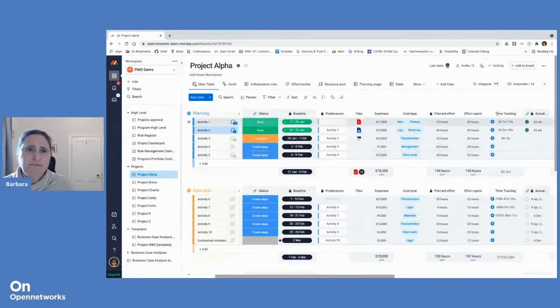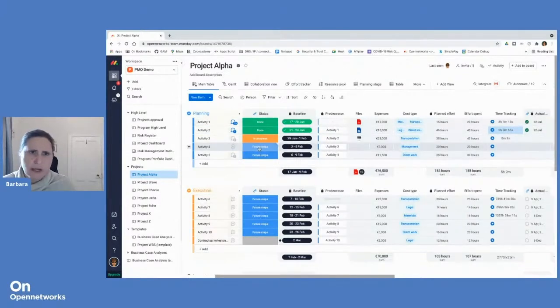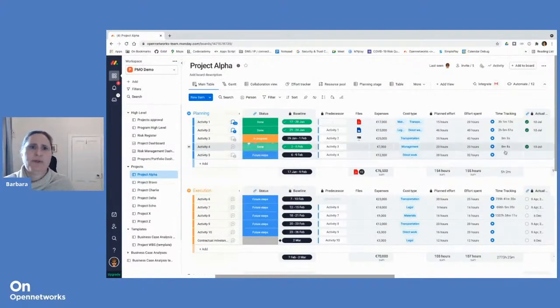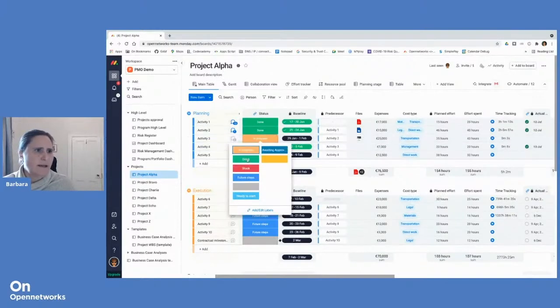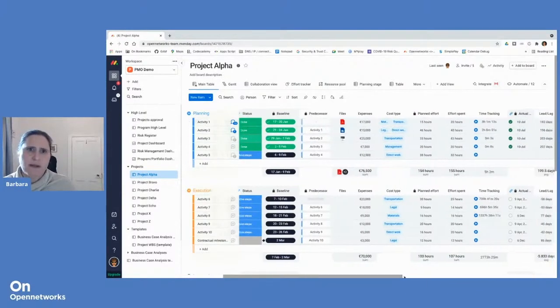There's a time tracking column over here, which can be started and stopped automatically, or even manually have some information added to it. But there is also an automation. If I click on start, a particular activity is in progress, you will see that the time tracker automatically starts. And if I click on done, it will automatically stop it. The other thing that you may have noticed, and I'll do it again on this task here, if I click on done, it completes the actual date of completion in this column